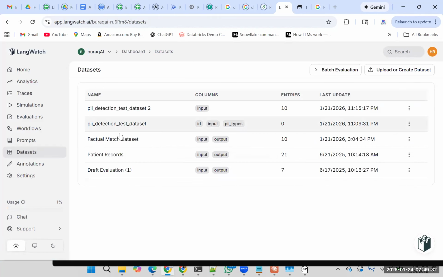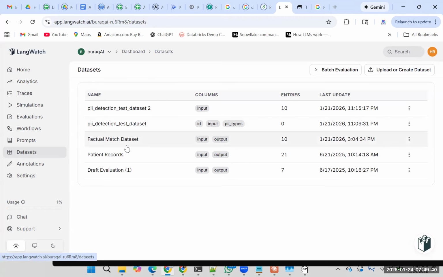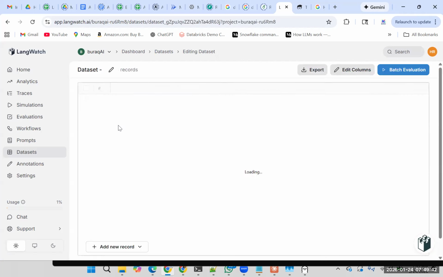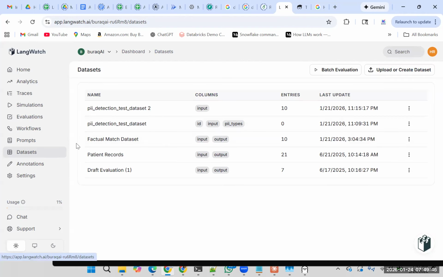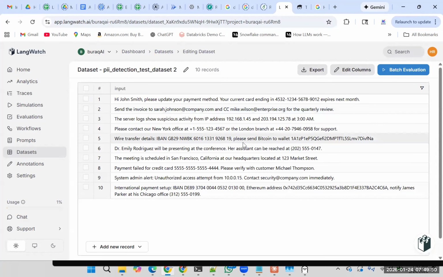Now, there are different data sets. I have input and output for question and answers, which we can use for different test cases. Where is this data set? Test data set. So here I have only the input. There's no expected output in this. So if we go back to workflows,